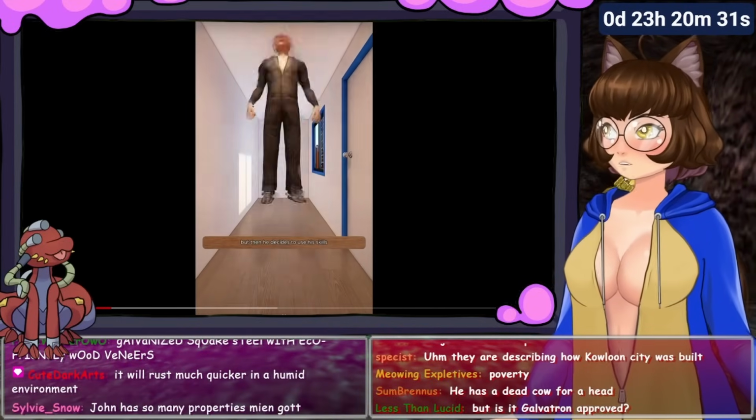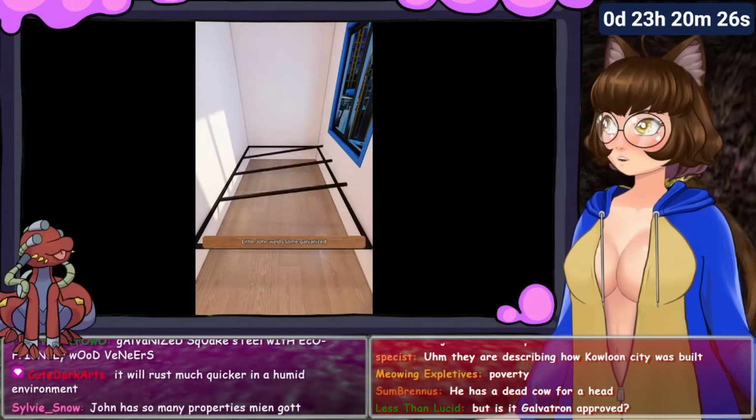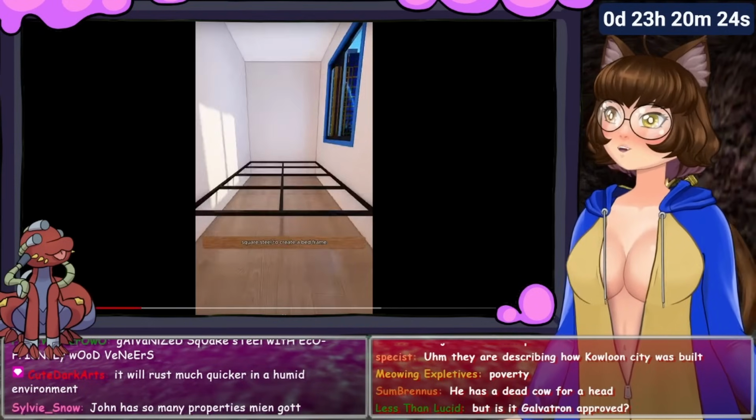Disappointed, but then he decides to use his skills to transform it into a functional house. Firstly, Little John welds some galvanized square steel